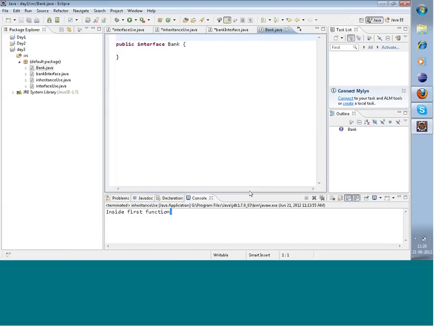So the interface is created. Okay, and in this I will have the functions. I will write some functions that are essential for a financial institution to be called a bank. Okay, like it will have